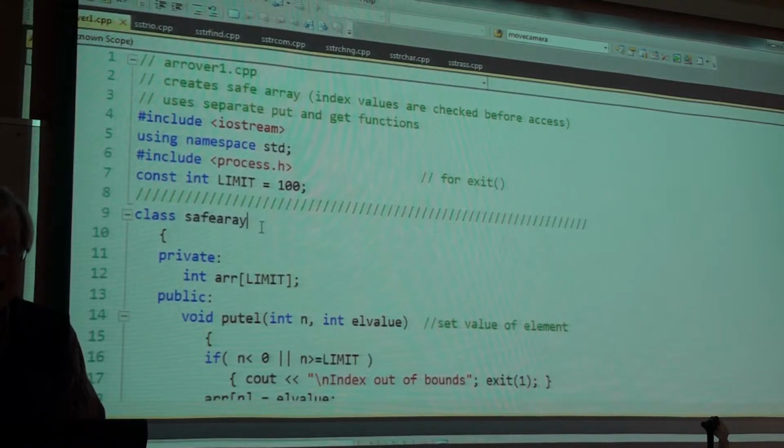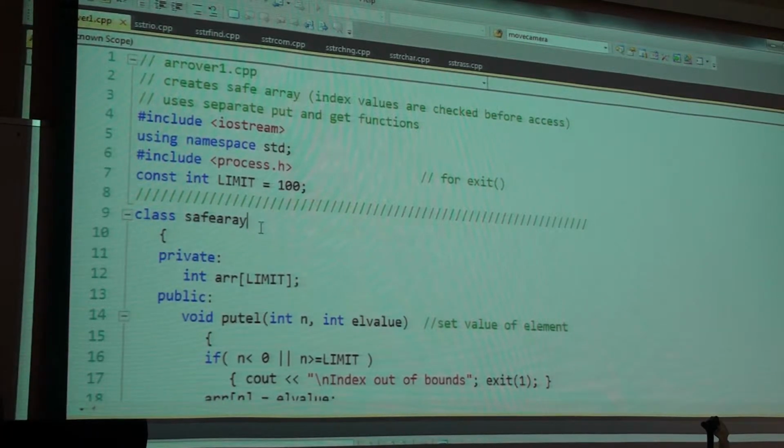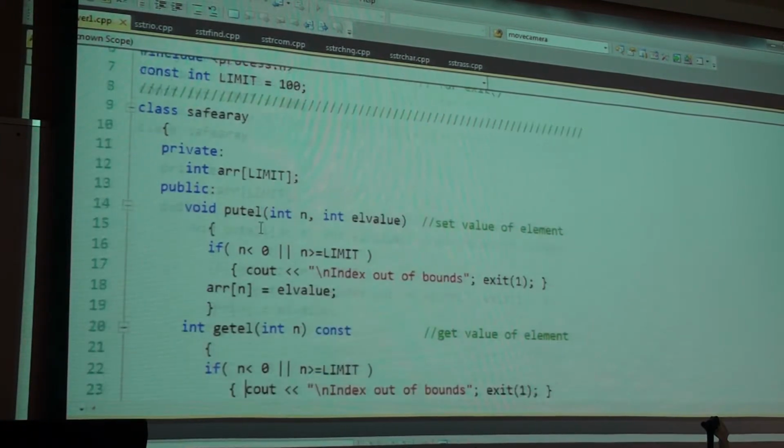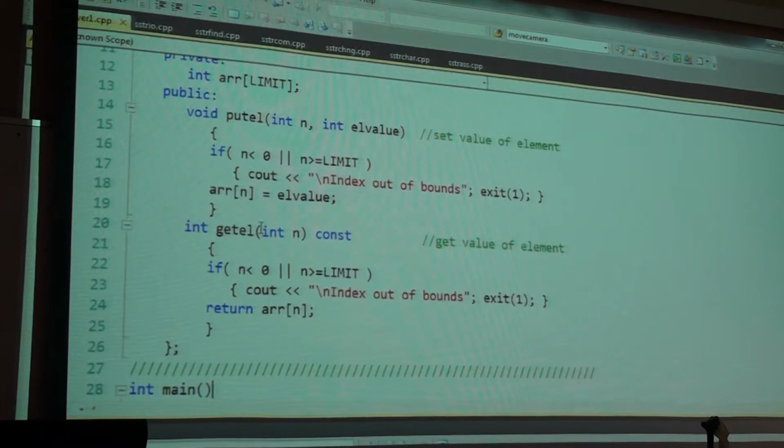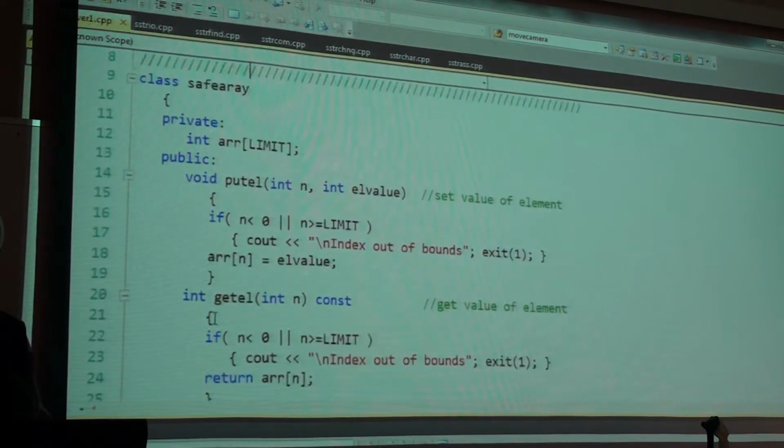And here's the class called safe array. It's the class that we have instantiated in main, but it's not part of main, is it? It has a reserved word class, and it has some components, and it ends in a semicolon. Okay? So the class, here are the elements.